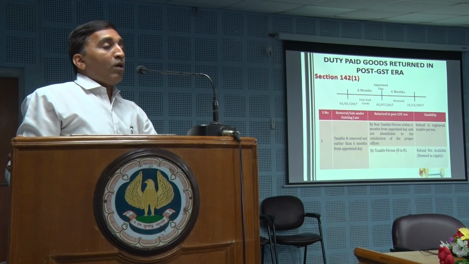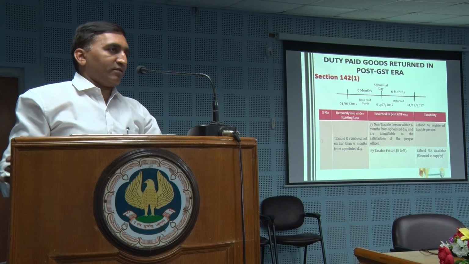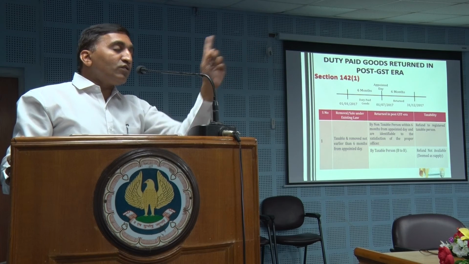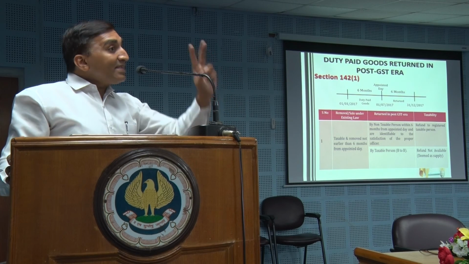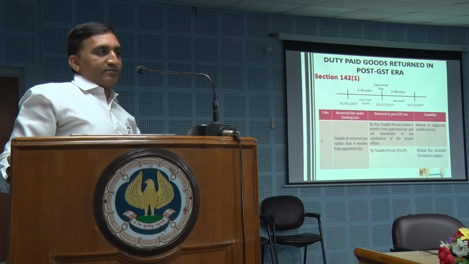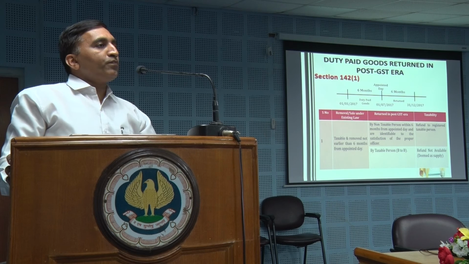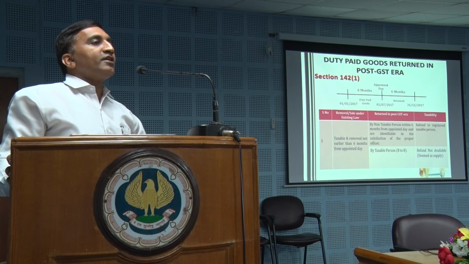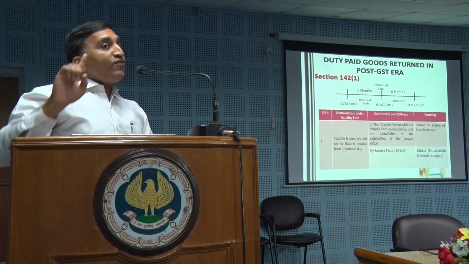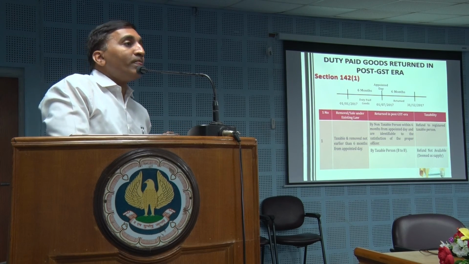Here there are two types. One, goods sold to an unregistered or B2C customer. Second, goods sold to a registered dealer. Now many have made a mistake here also. What they have done is, whatever return has come, they have claimed it in the TRAN credit. That is wrong. If you have sold the goods to an unregistered dealer,